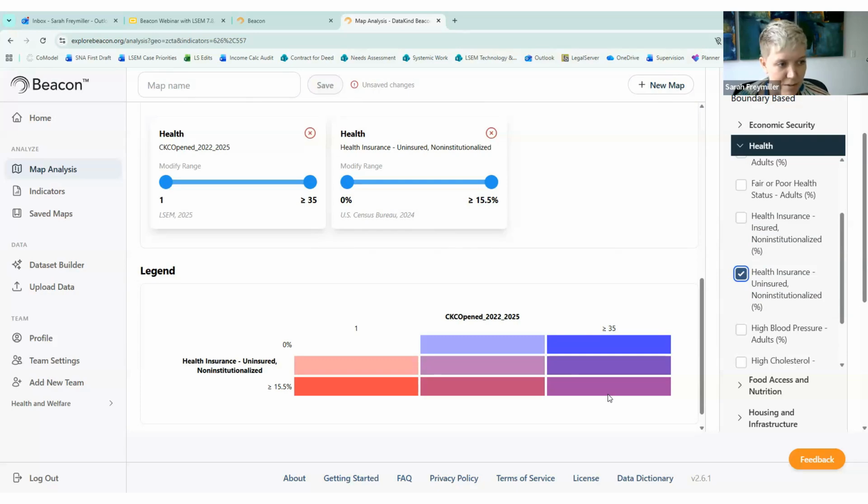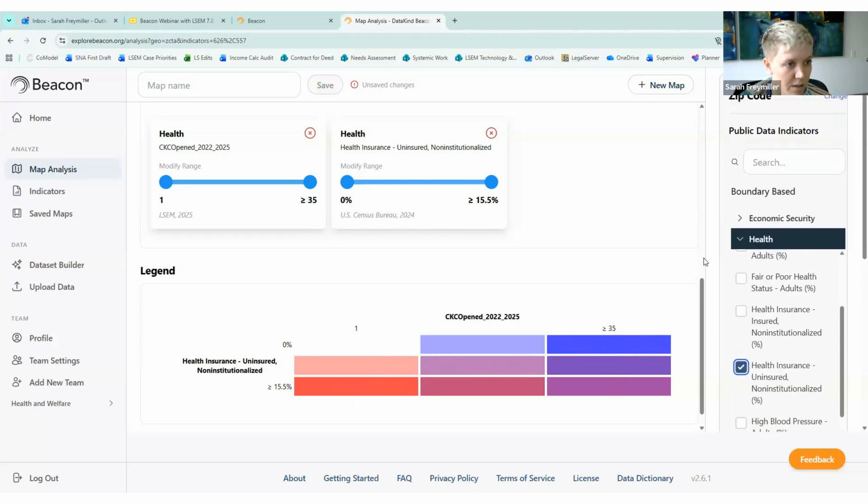That's the perfect mix. If things are very blue, but not very red, then it's going to be a higher number of cases and probably a lower percentage of uninsured people. But if something is looking pretty red, that means we've got a lot of uninsured individuals and families, but a relatively low number of cases.